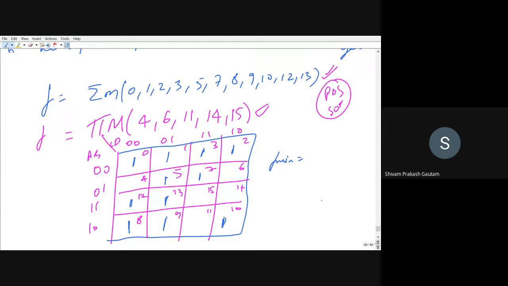Okay. If you see this quad, this is the first quad. If you see this quad, this is the second quad. And if you see the last element of each cell, they are also interconnected. So these are the 3 quads which are possible.